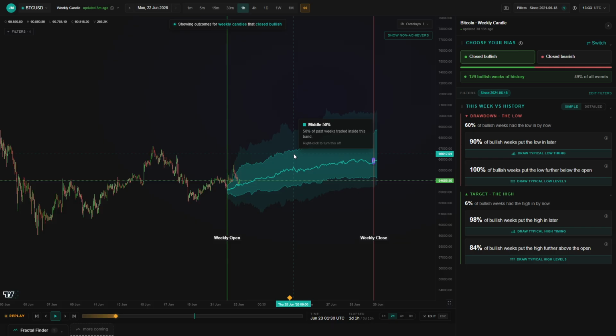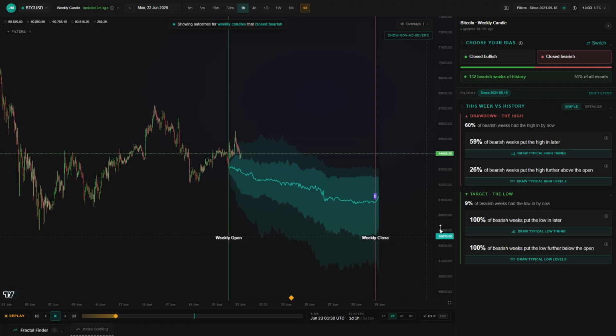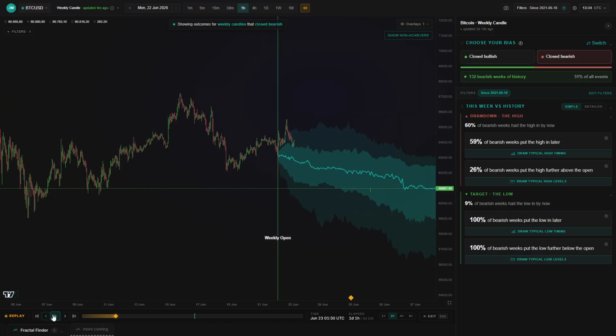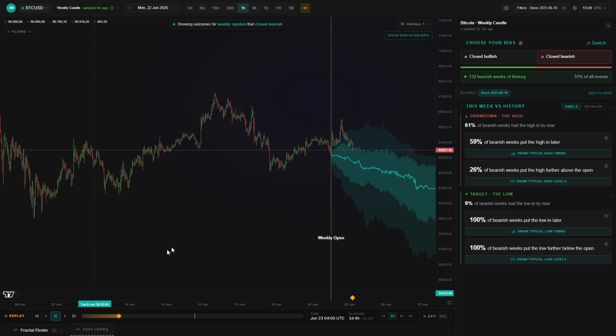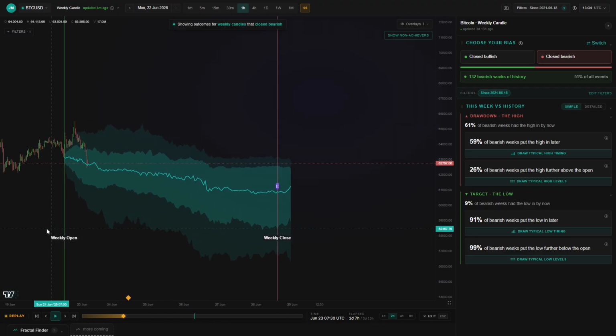Now, if we now click on closed bearish again and we replay the current event, and by the way, there's now also an option to replay previous events. I don't know if you guys are aware of that, but you can also replay previous events. So the weekly candle of last week or the week prior to that. Now, if we are going to play the replay mode over here, and this impulse towards the downside happened,